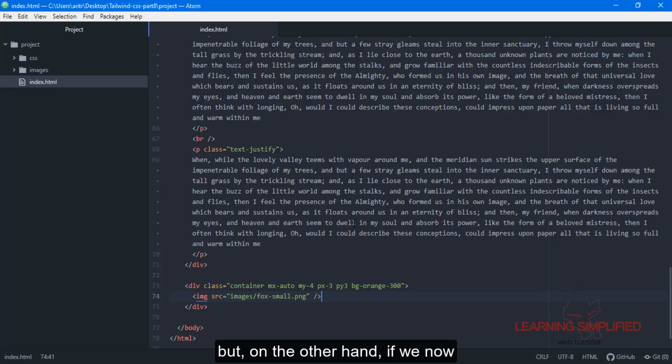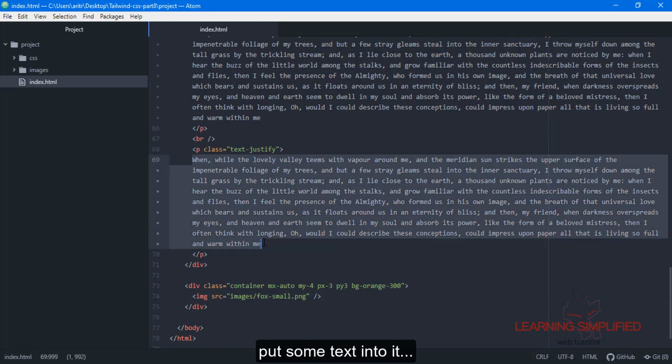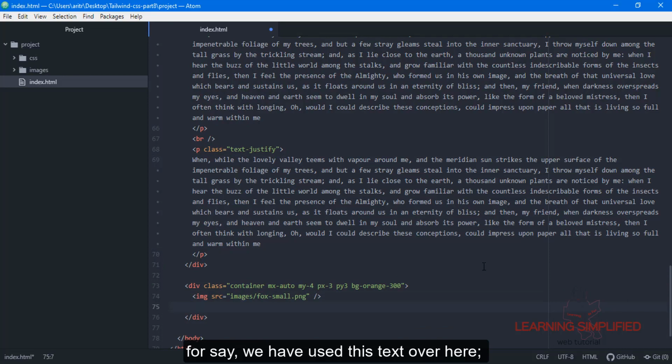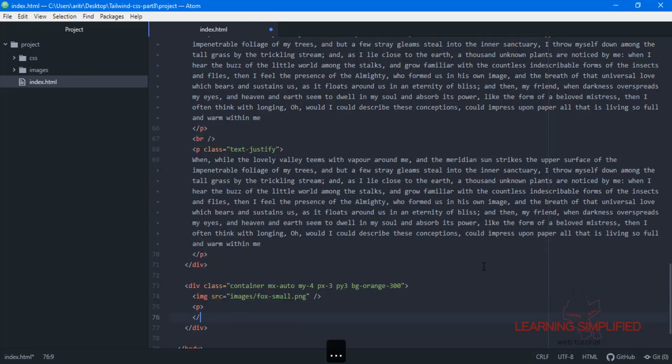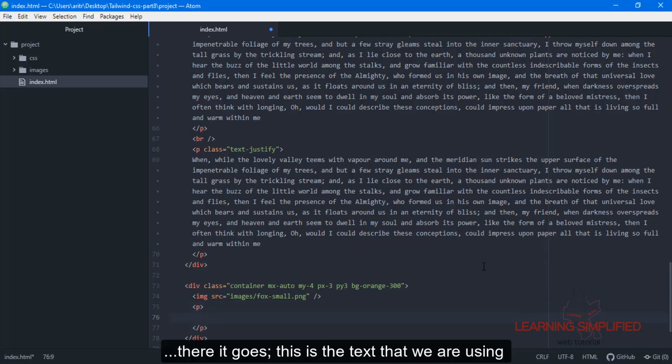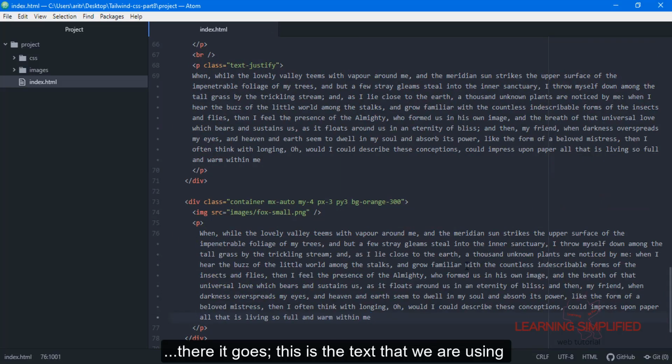But on the other hand, if we now put some text into it, say we have used this text over here, there it goes. This is the text that we are using along with this image.